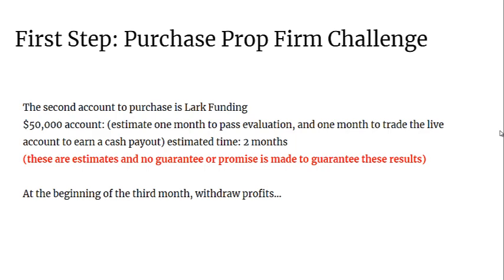So each time I execute a trade, my trades are going into both your Mint funding account and your Lark funding account. So you're building both of them at the exact same time. Now remember, we're talking about spreading the risk. If anything was to happen between these two different companies, let's say Lark Funding or Mint Funding, and I don't anticipate anything's going to happen with either of these companies,